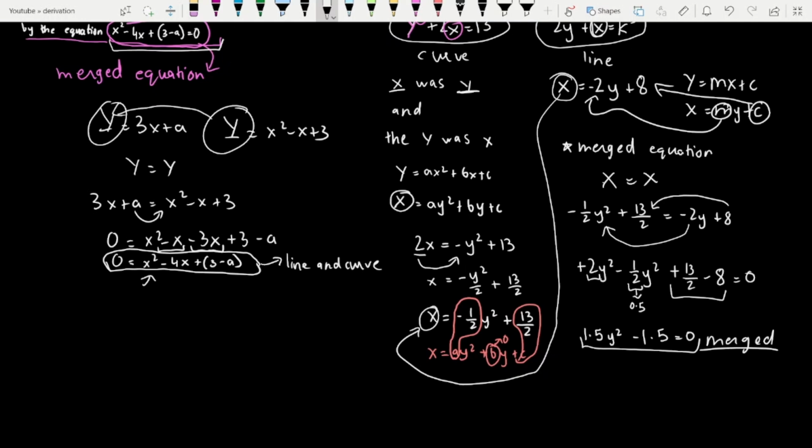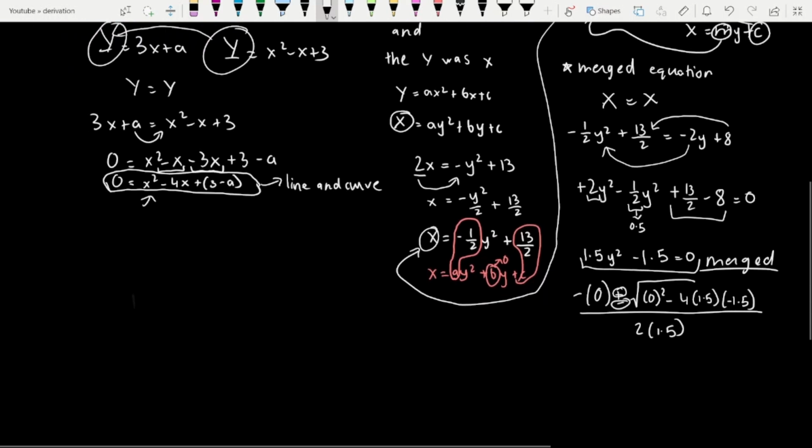So I'm going to put this in my quadratic formula, and this is going to be minus b. I don't have a b term, so minus b is just going to be 0. Then plus minus, I have b squared. Now b is again 0, so it's going to be 0 squared, minus 4a, so 1.5, c, and c is minus 1.5, divided by 2 times 1.5. So I'm going to get two answers, one for the positive sign, one for the negative sign. And if you solve this out on your calculator, the two answers you will get are